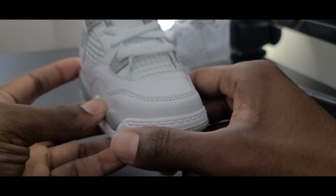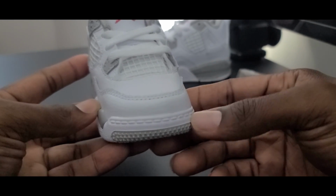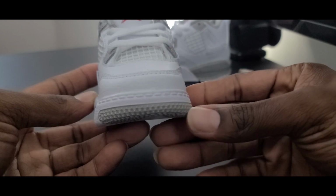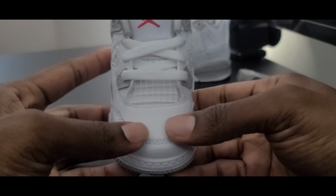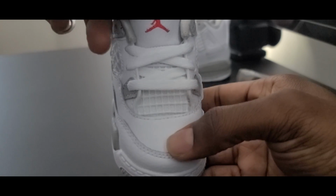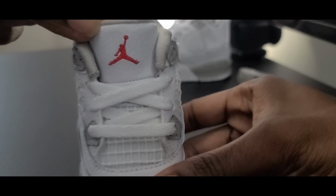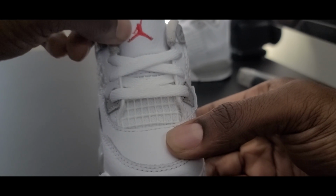Now, the midsole, you get a nice white midsole with simulated stitching there. And then you see the outsole peeking out with a bit of gray and those really nice stars there. Looking at the tongue, you get a nice rubber cage with a white cotton backing behind it. You get a tumbled leather tongue, and you can definitely see the tumble there with a nice Jordan Jumpman logo